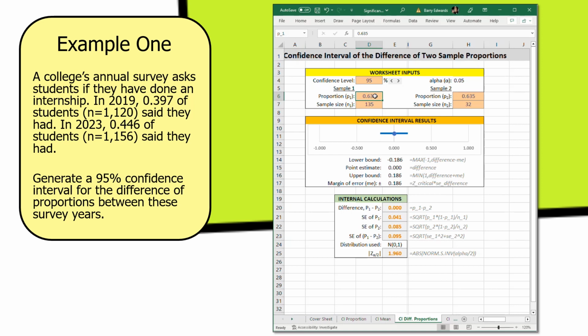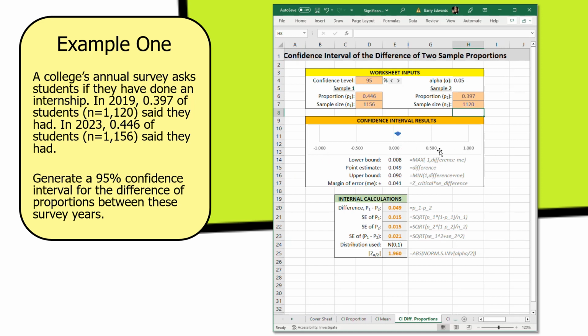So I'm going to enter sample 1. The proportion is 0.446, and that sample, the 2023 sample, has an N of 1,156 students. Now, sample 2, the 2019 year, the proportion then was 0.397, and it had a sample size of 1,120 students. Done all my inputs. Now the worksheet shows graphically the confidence level, and it zoomed out quite a bit